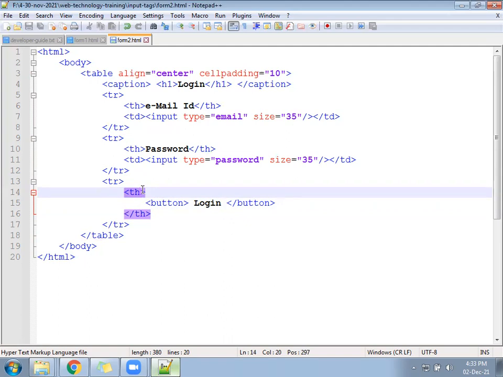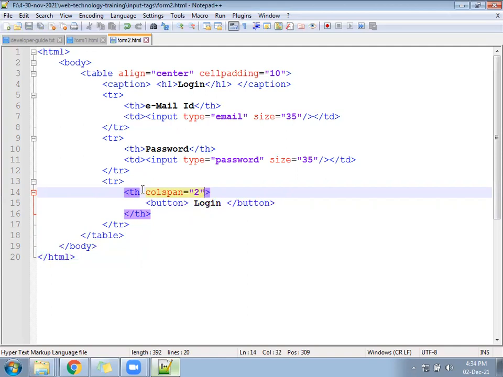So we have to write here colspan equal to 2. Colspan 2. So the th will cover the full width.